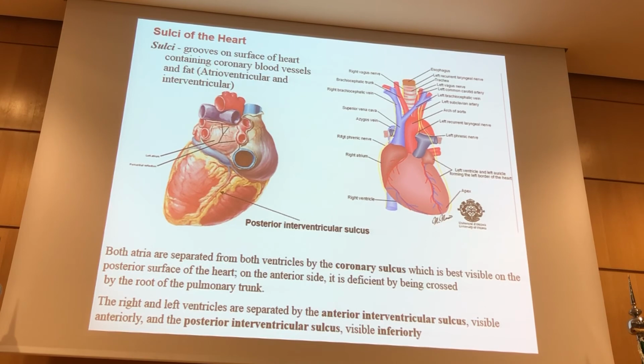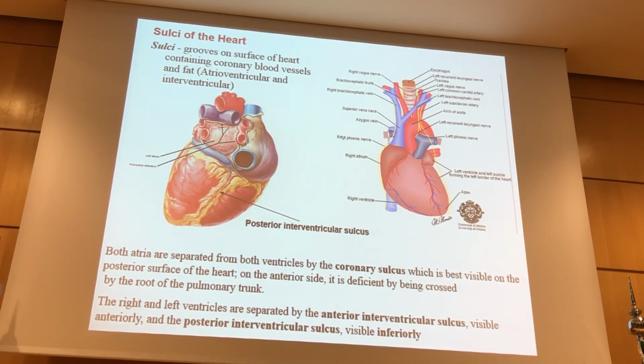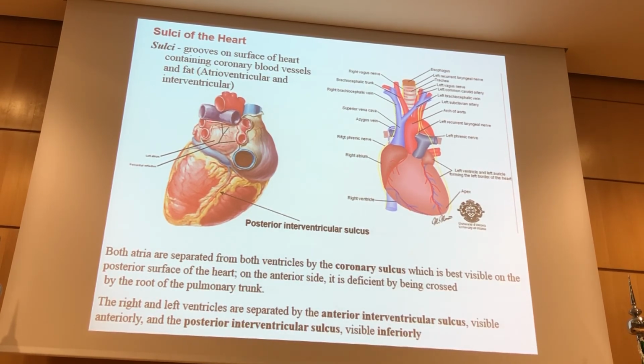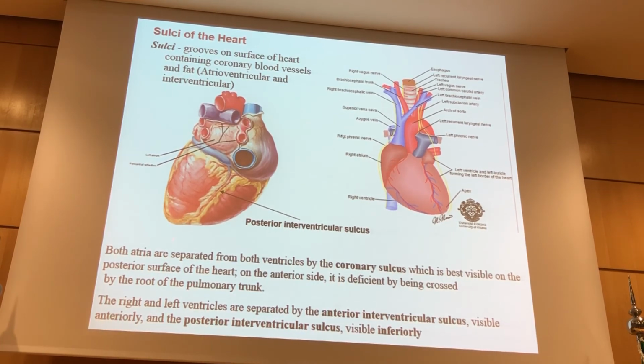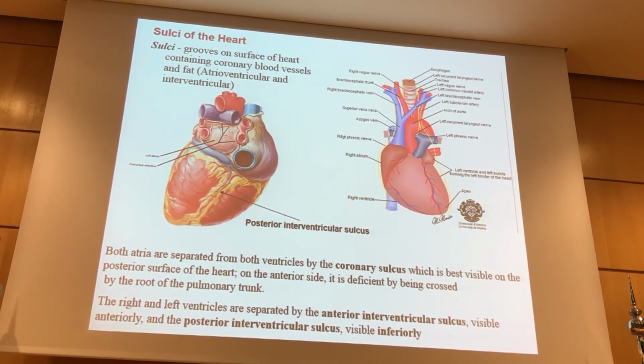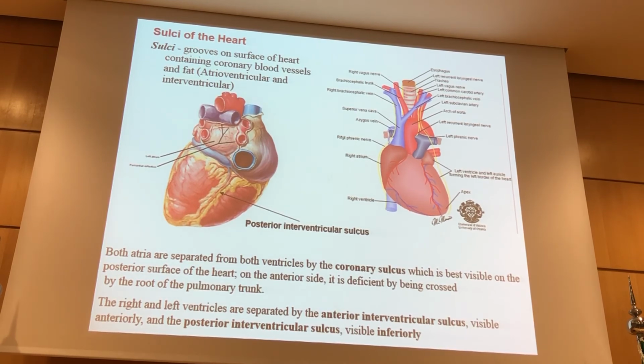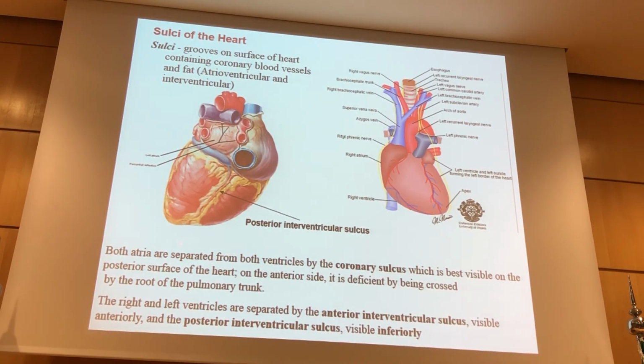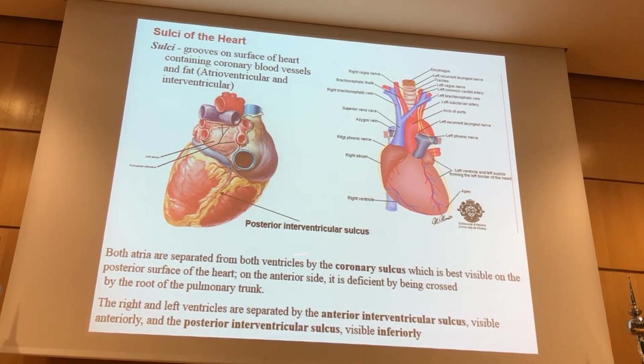We're going to discuss that later on. Since we have the anterior interventricular sulcus, we have to have a posterior interventricular sulcus. The posterior interventricular sulcus is not on the posterior surface. Posterior surface, if you still remember, is the left atrium. But it is on the diaphragmatic surface, the surface that is sitting on the diaphragm. And it's going to contain an artery. Guess what we're going to call that artery? Posterior interventricular